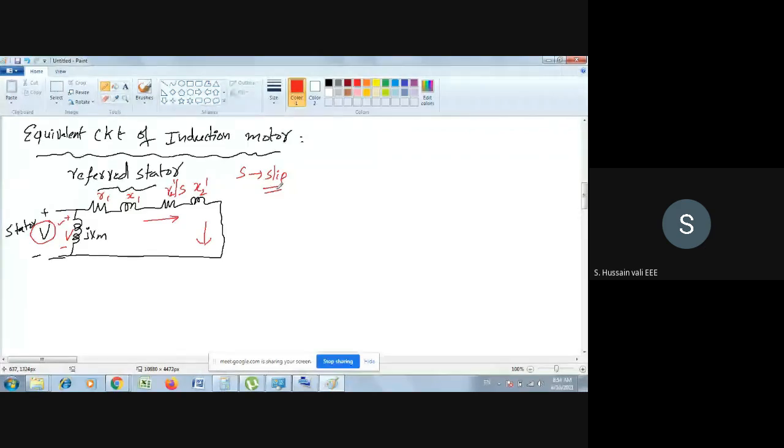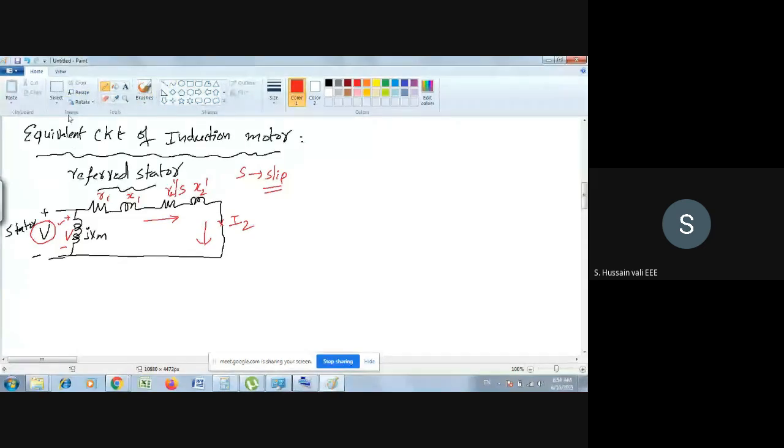So this is the equivalent circuit I have drawn right now. And then what do you find out here? I will take this current as I2, some current I2, and this is the voltage. Now, for the simplification purpose, to avoid confusion,